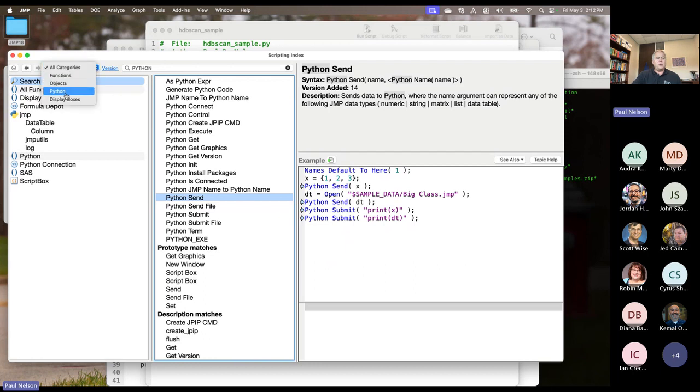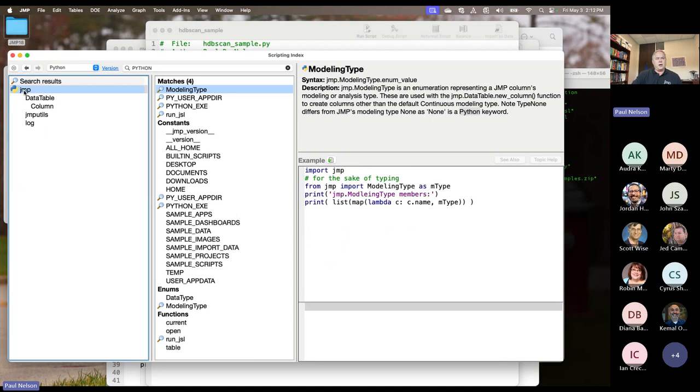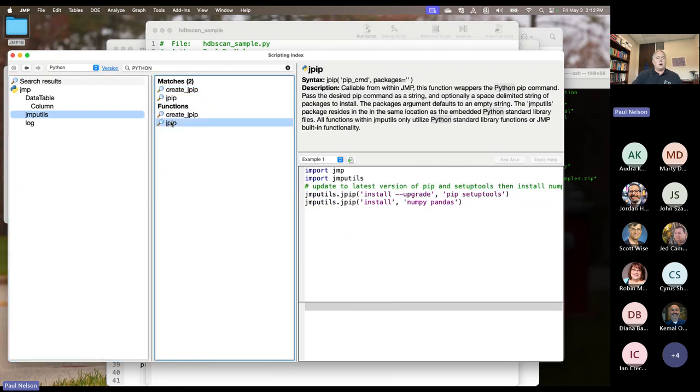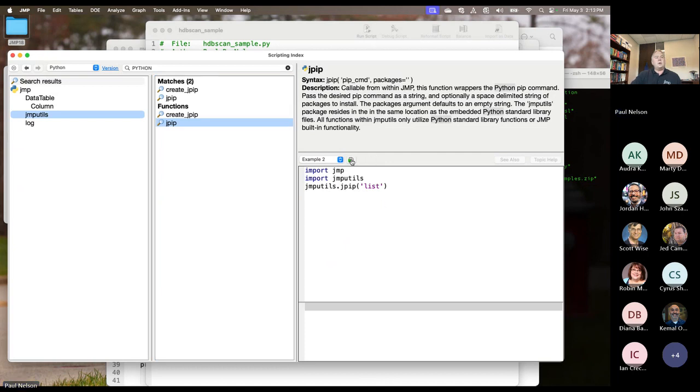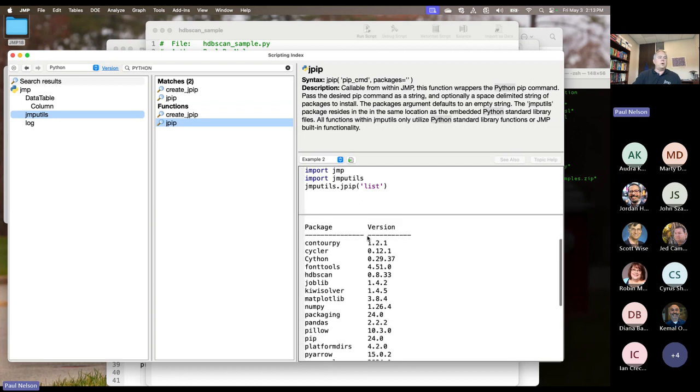Here we've added to the scripting index a Python category that describes what our JMP object has and the JMP utils object. The JMP utils has both the create JPIP and a Python version of the pip wrapper that you can run from within JMP. It accepts all the same commands that pip would accept, and we can run pip list, and it gives me all the things that are currently installed in my